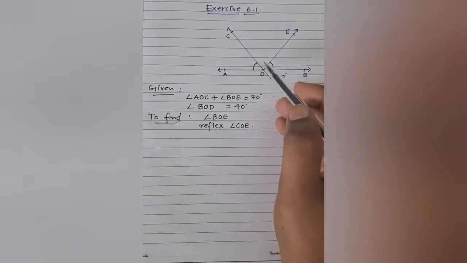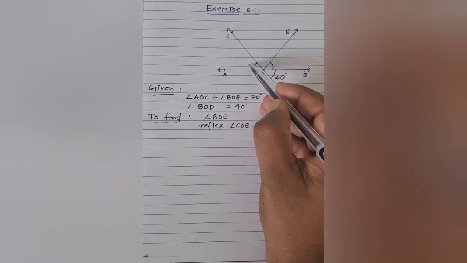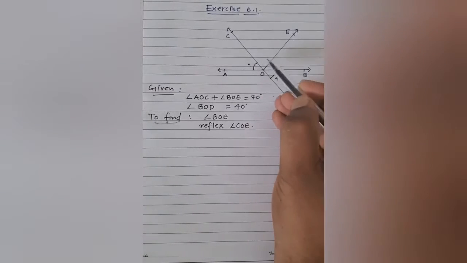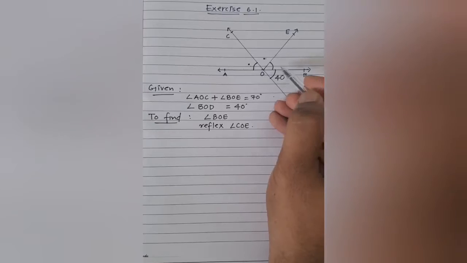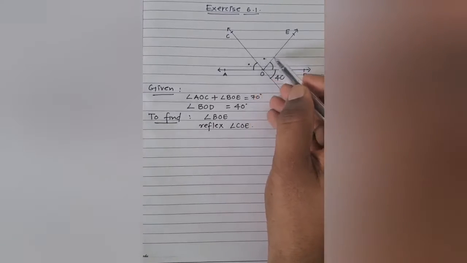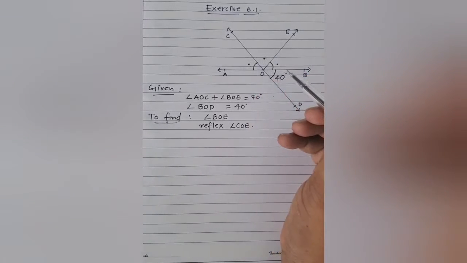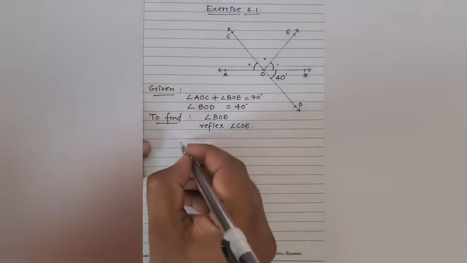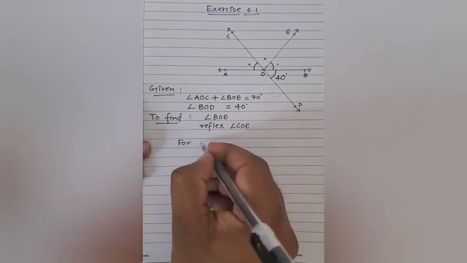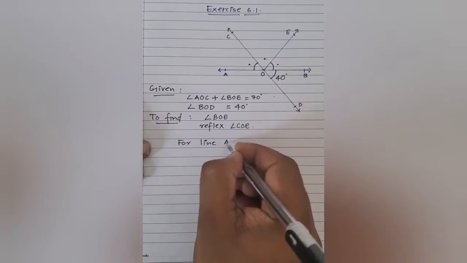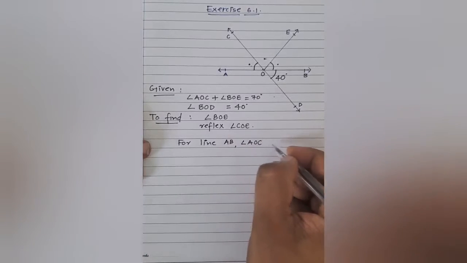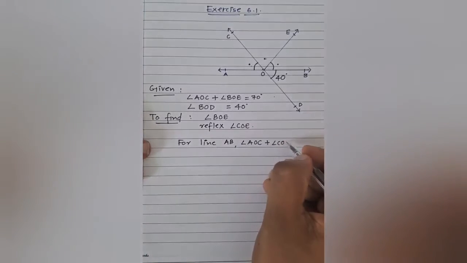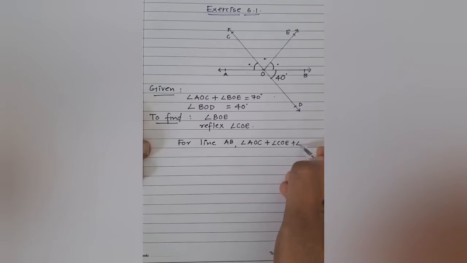So, can I say that the sum of angle AOC, angle COE, and angle BOE, the total of these three angles, should be 180? Yes, let me write that. For line AB, angle AOC plus angle COE plus angle BOE is equal to